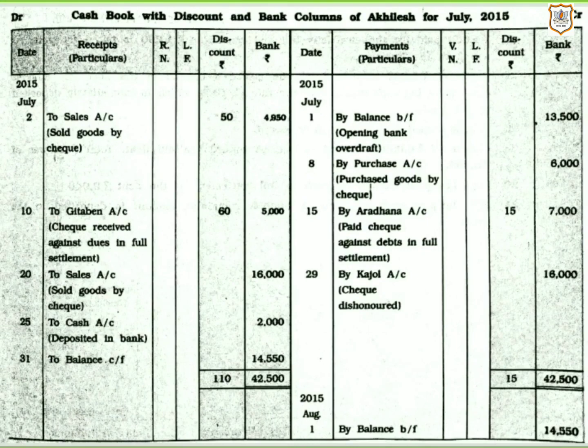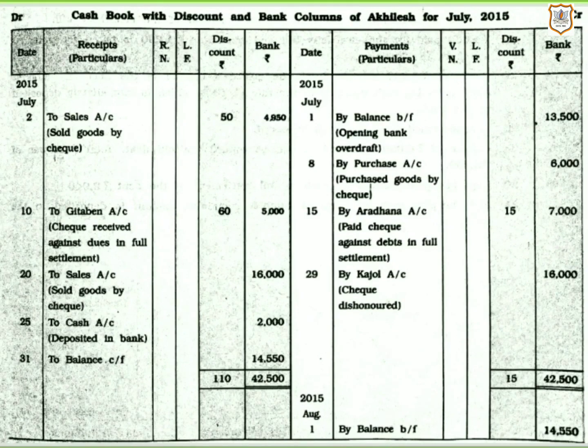Now let us understand what is check dishonored. See, if the bank refuses to pay the amount to the payee, the check is said to be dishonored. In other words, dishonor of check is a condition in which the bank refuses to pay the amount of check to the payee. So in case of check dishonor, we will make reverse entry of what we made at the time of issuance of check.